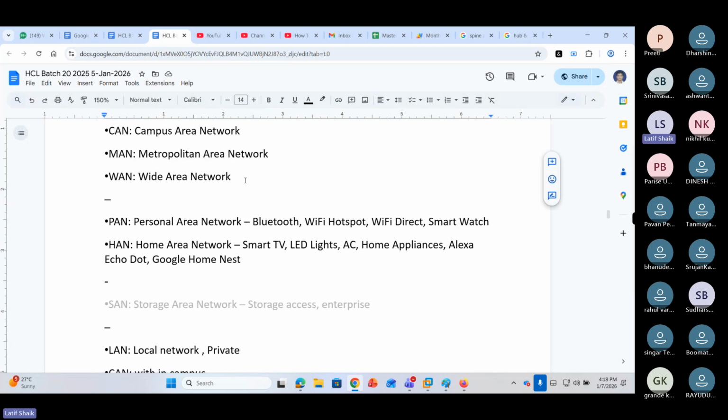We can get them connected and communicating through wireless connectivity, and control them through mobile applications, or by voice control through Alexa, Echo Dot, Google Home Nest kind of devices, voice commands. So we can connect these devices, communicate, and monitor things.